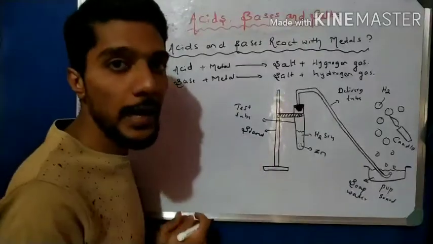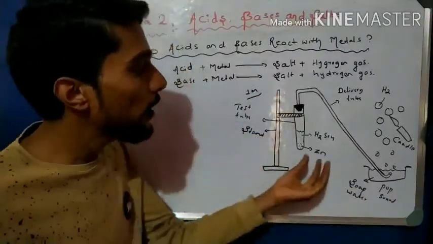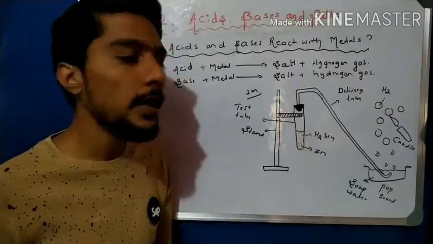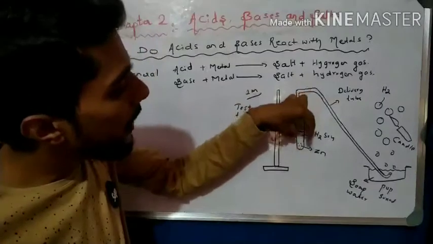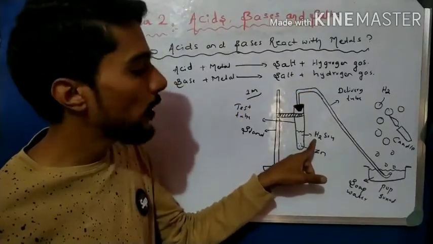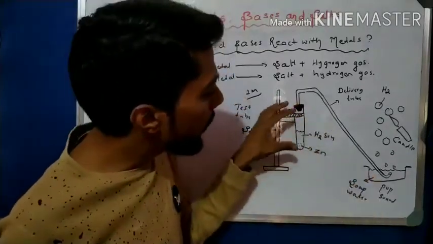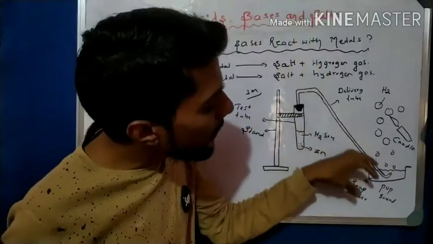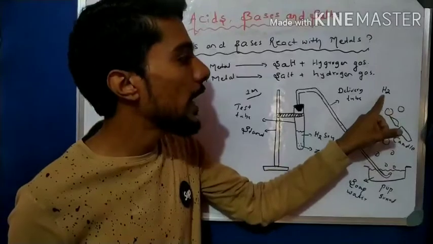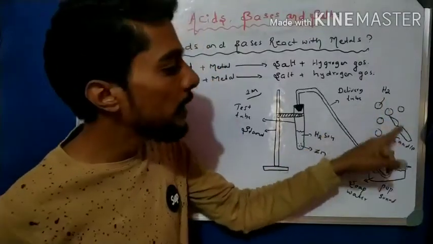So this simple diagram is important for 2 marks, right? The diagram of a reaction of zinc granules and sulfuric acid. Take a stand, take a test tube, add some zinc and some amount of H2SO4, and then take a delivery tube and pass it into soap water. We observe that when the gas is liberated, it forms bubbles in the soap water, and the bubbles are filled with hydrogen gas, which can be proved by the candle.